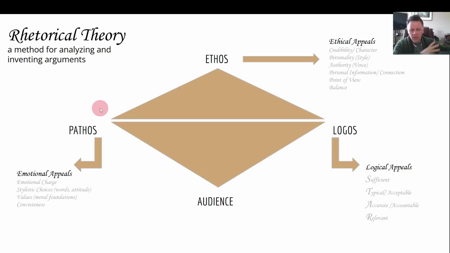This is a distraction, but we do it so often. Now that I've pointed it out to you, hopefully you'll start seeing it. But what does this mean for you as an arguer, as a rhetor? What do you need to do? Well, you need to start focusing more on logical appeals. You need to figure out not only if your emotional appeals are ethical or not, you've got to center yourself